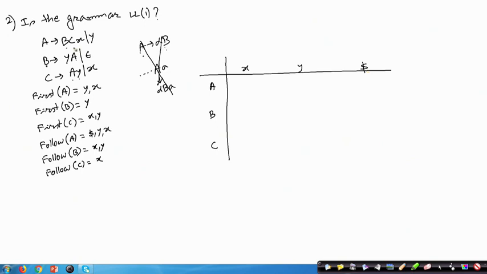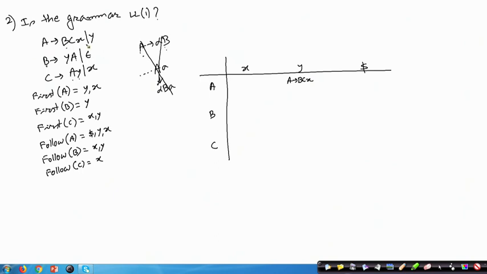Now, we come to the first rule A producing BCx. I have to see what is the first of BCx. First of BCx is equal to first of B, and first of B is y. So, I will have this rule A producing BCx added here.